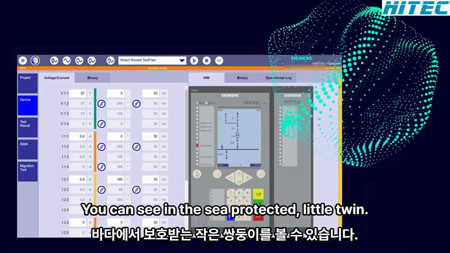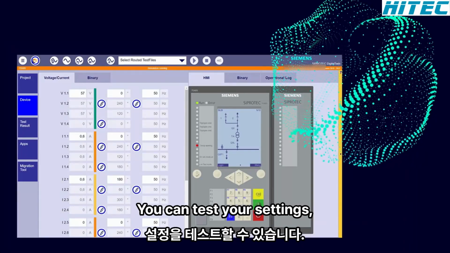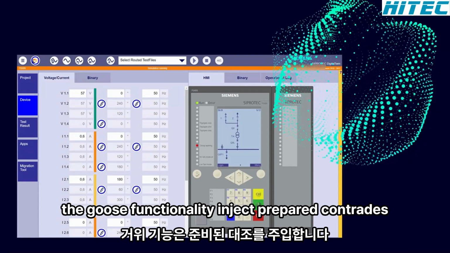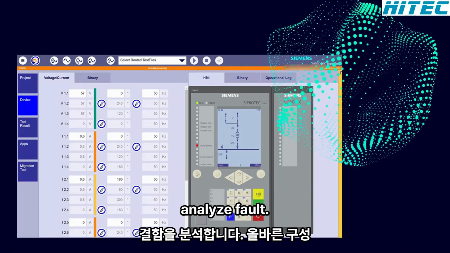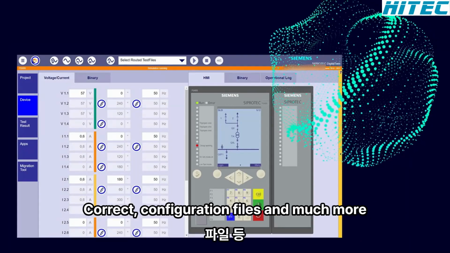You can see that in the SIPROTEC DigitalTwin, you can test your settings, the algorithms, the GOOSE functionality, inject prepared COMTRADEs, analyze faults, correct configuration files and much more,